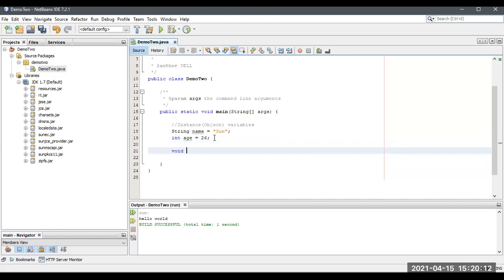So void, this is the return type, and yeah, he's talking. Sorry, the name should start with a small letter. Now it doesn't have any arguments over here. Let me check. Okay, whatever it is, I'll fix the error.